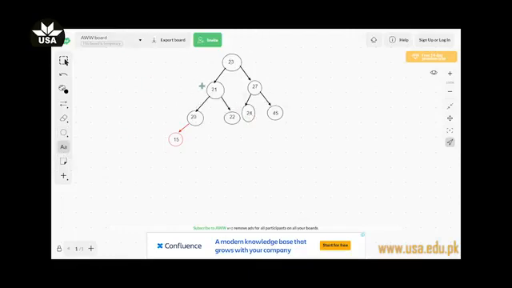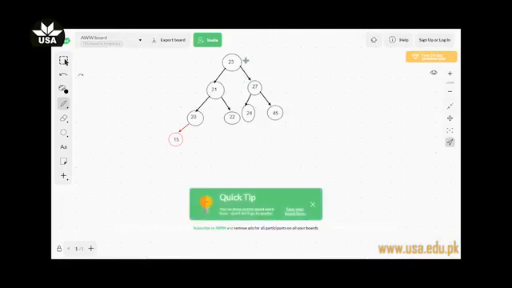Now let's discuss the deletion of a node with 2 children, which is our case 3. In this case, if we want to delete the value 23, according to our discussion till now, we have to find the minimum value in our right subtree. So this is our right subtree. As you can observe, we have to find the minimum value. To find the minimum value in a right subtree, first we have to traverse right, then we have to traverse left till we find null. In this case, if we start from the root node, first we have to traverse right.